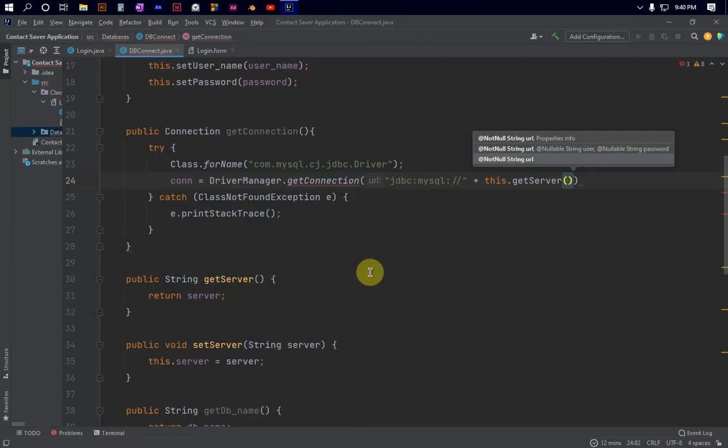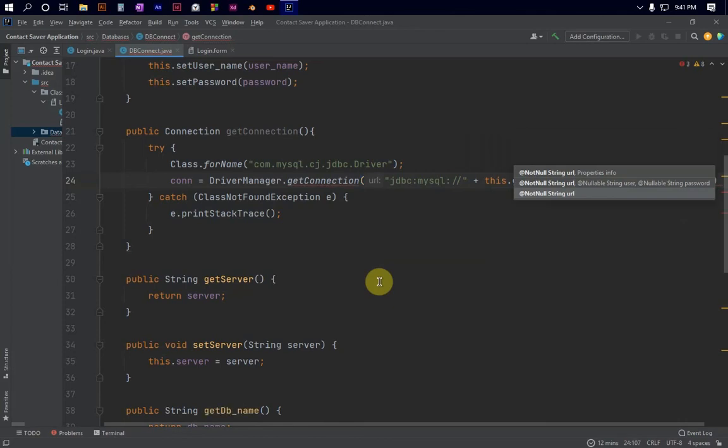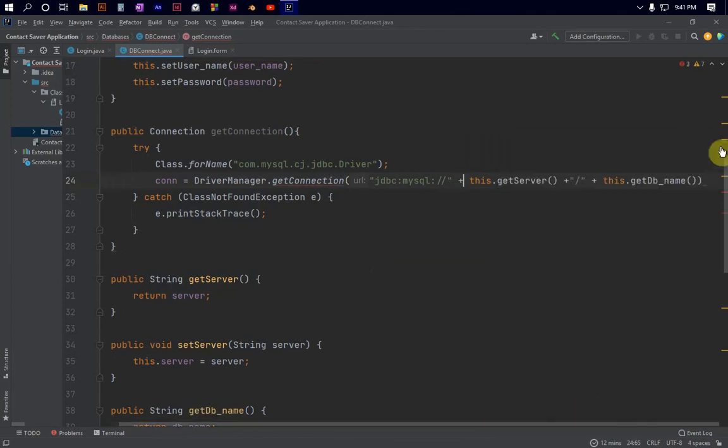The DB name is going to be, we need to add the DB name, but before we add the DB name, we need to put in this forward slash in here, and then plus this dot get DB name, something like this. And then after getting in the DB name, which is playing games with me. Okay, anyways, after getting in the DB name,